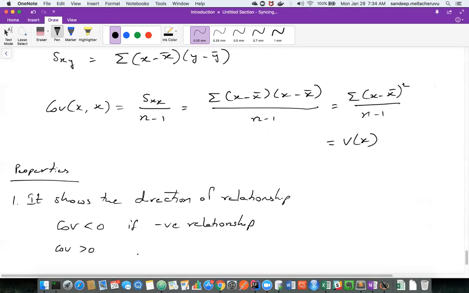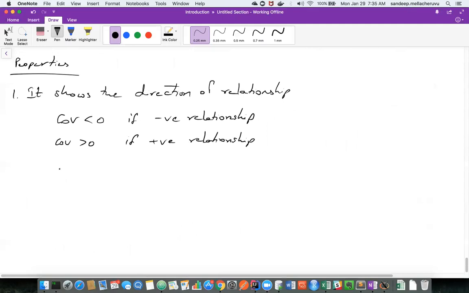Covariance is greater than 0 if there is a positive relationship, and it is equal to 0 if there is no relationship. Okay, this is the key takeaway. And the second thing is, covariance is